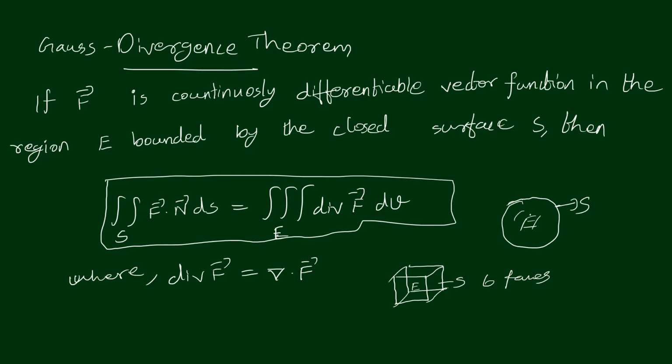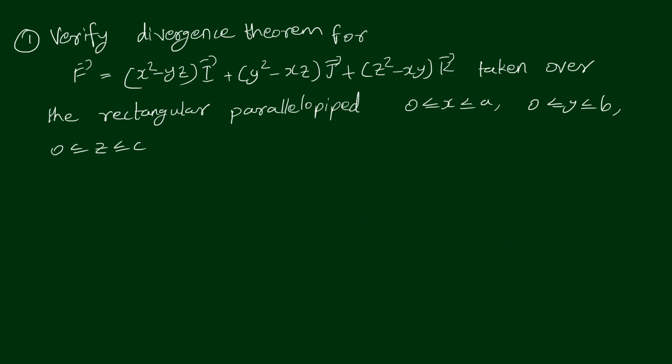Okay, and Gauss divergence theorem tells the connection between the surface S and the inside portion of the closed surface S. So we'll discuss some questions regarding this Gauss divergence theorem. Here is a question: verify divergence theorem. Divergence theorem is Gauss divergence theorem for the vector field